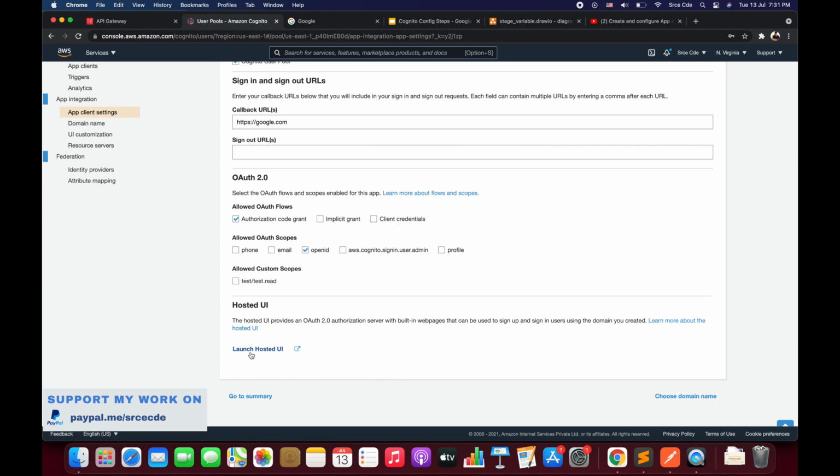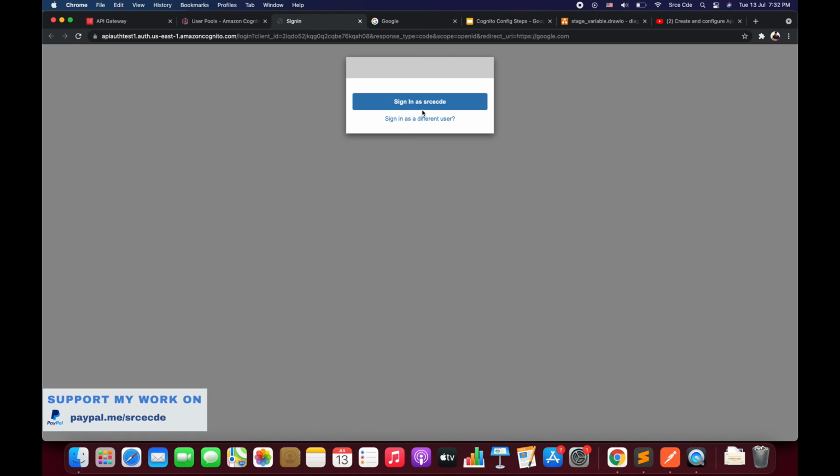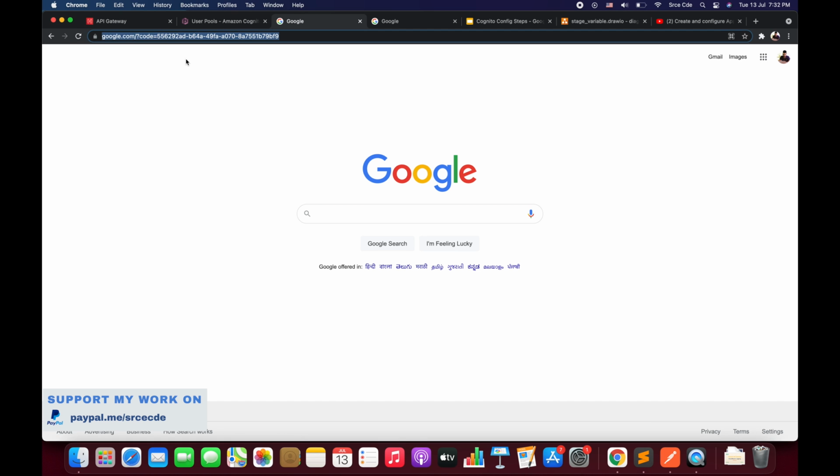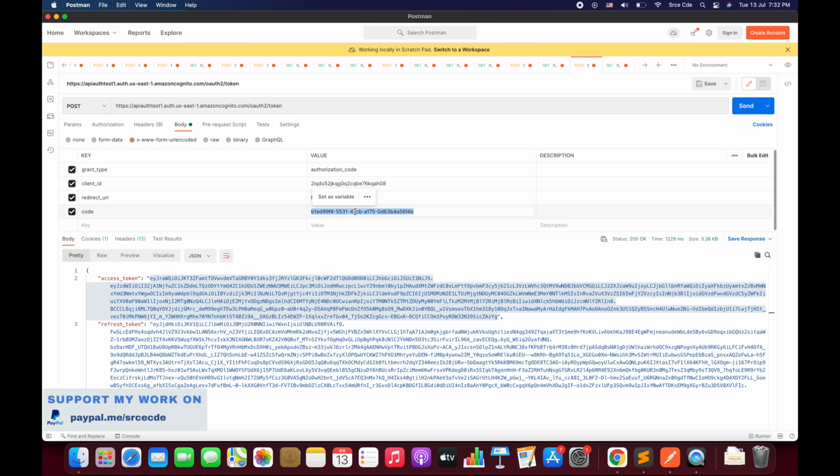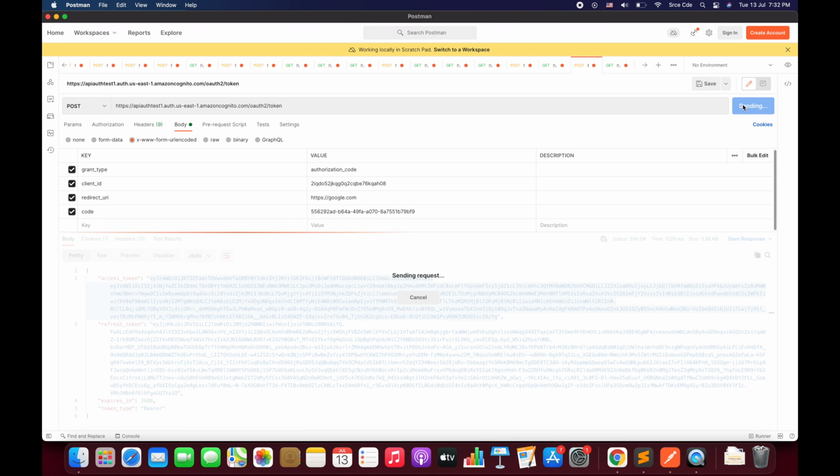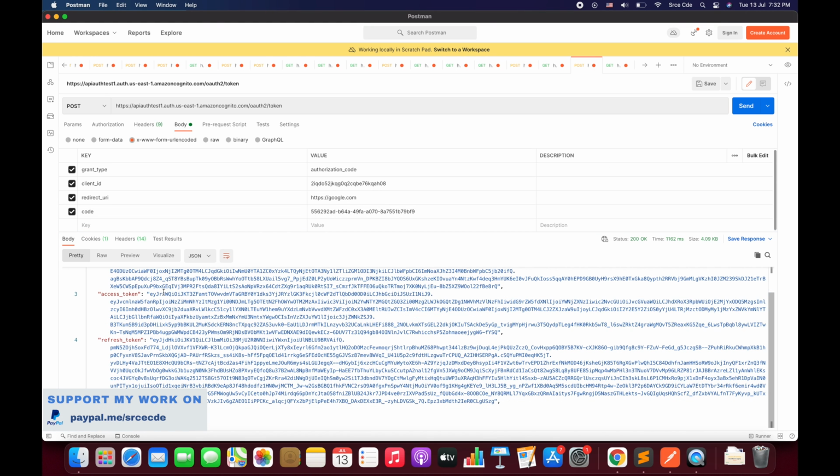Now I'm going to generate the authorization code by clicking on launch hosted UI, and then I'm going to log in, that is sign in as srcecde, and here I will get the new authorization code. Now let me copy this and paste it over here and generate the new access token. Okay, so I will say send, and then I'm going to copy this access token